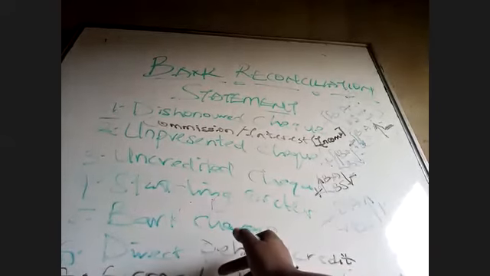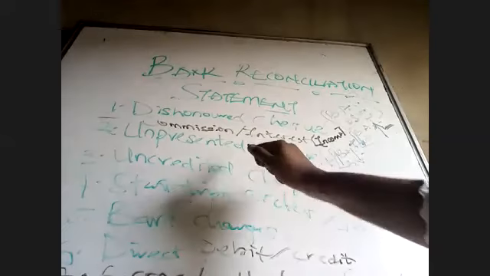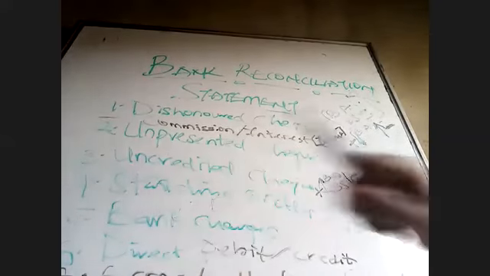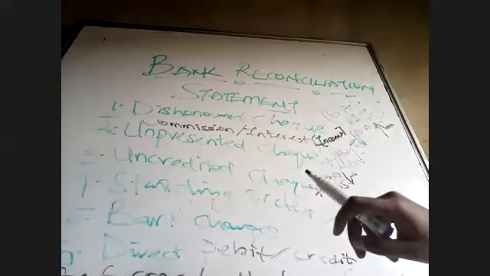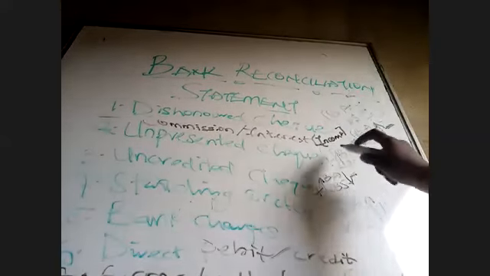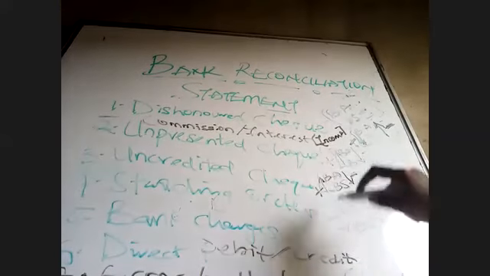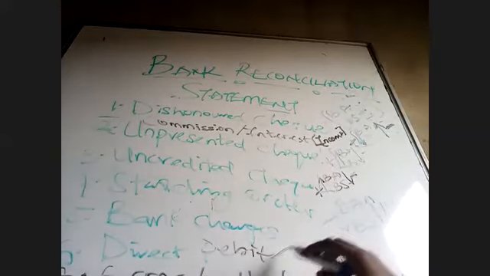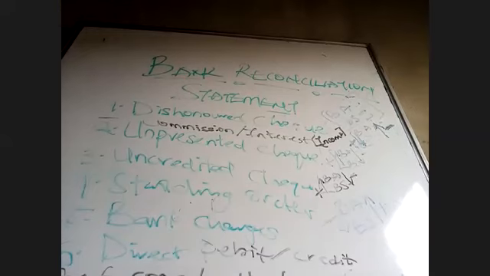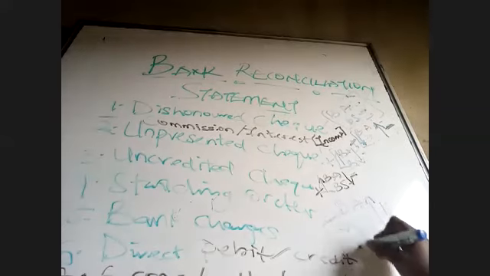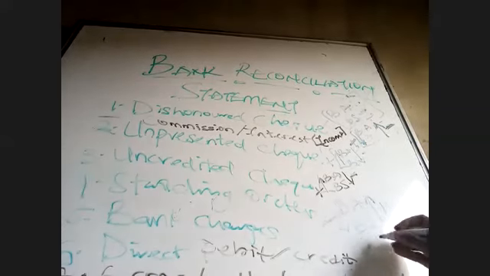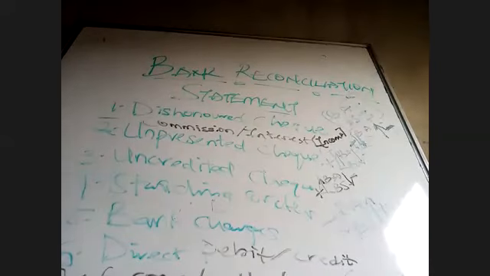Then the direct debit and credit is more of this unpresented and uncredited. The treatment is still the same as your unpresented check and uncredited check, because at the bank's end, they've actually added it straight up. But the reversal is the case in each of these. So if you are reconciling from your bank account to your bank statement,